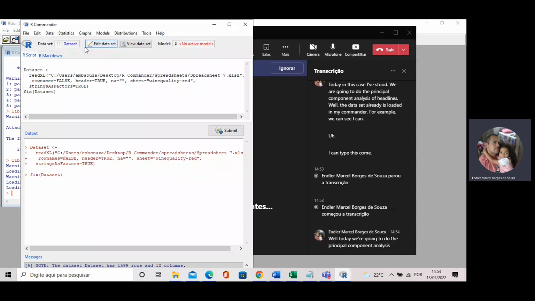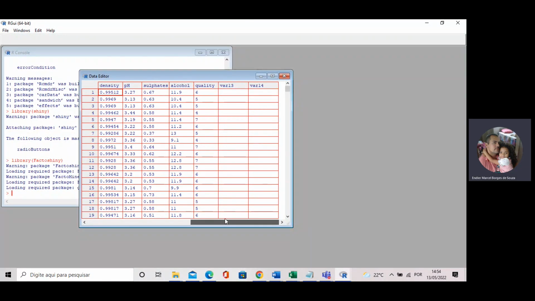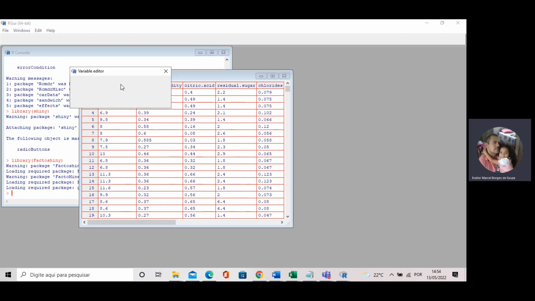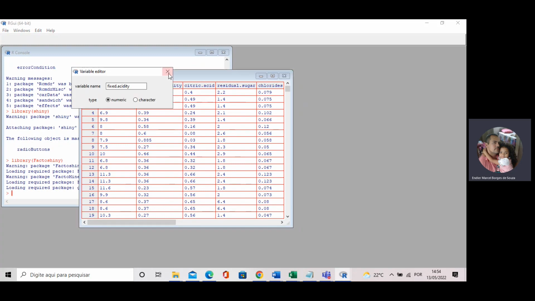The principal component analysis of red wines. This data set I already presented to you in the last videos of the series. We have the data set containing 11 physicochemical properties of red wines. And these red wines have been